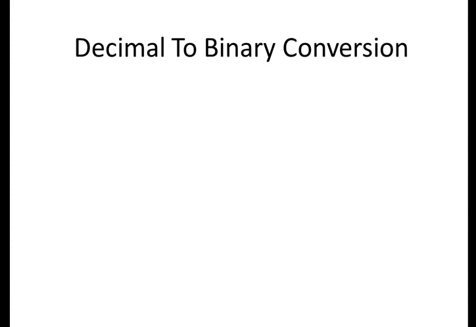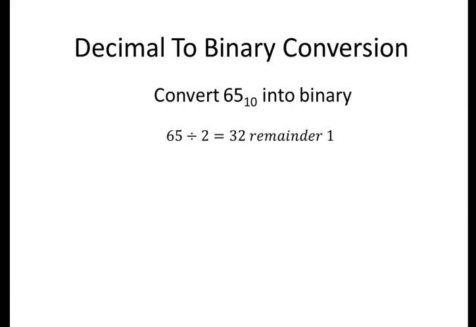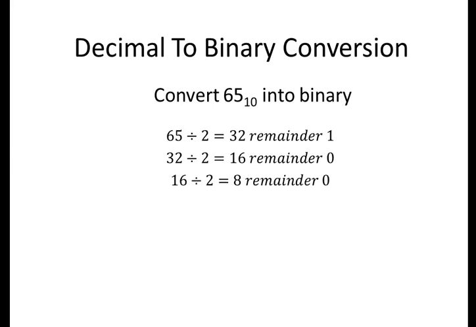Here's an example. Convert 65 into binary. 65 divided by 2 is 32, remainder 1. So replace our dividend 65 by 32 and repeat the step. 32 divided by 2 is 16, remainder 0. So replace our dividend 32 by 16 and repeat the step. Carry on like this,